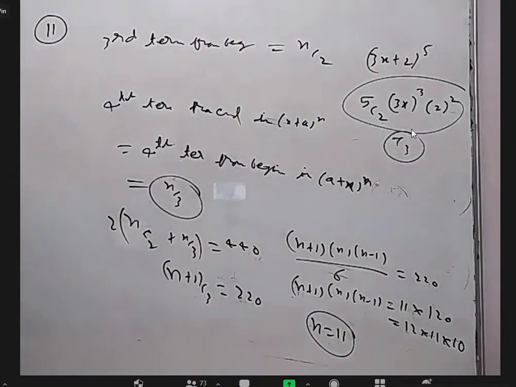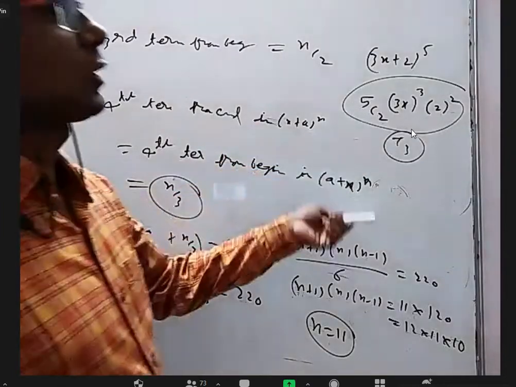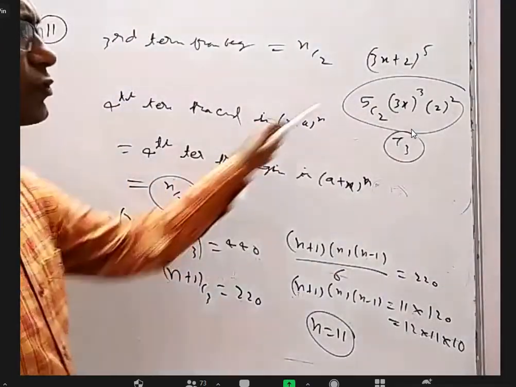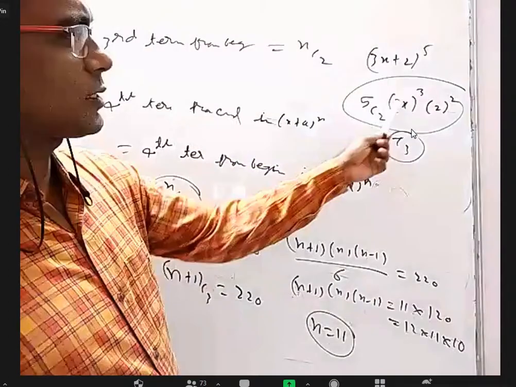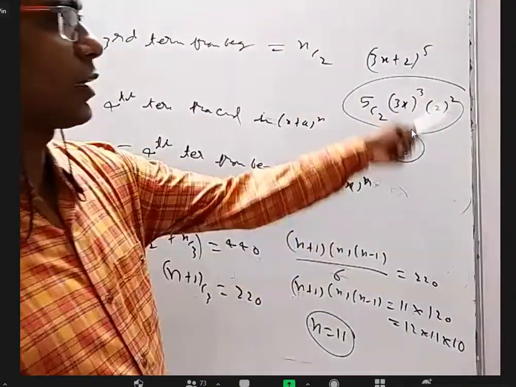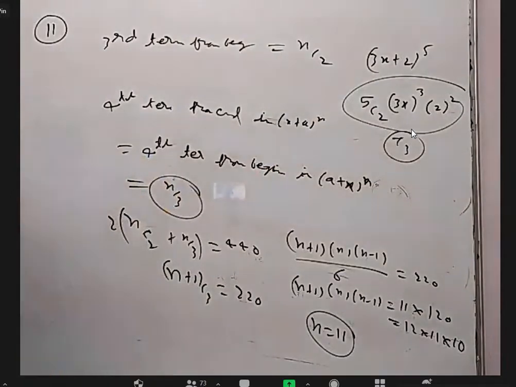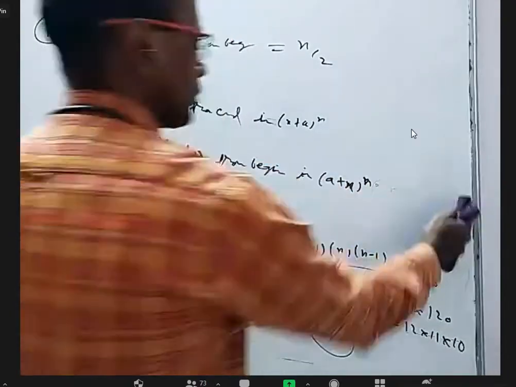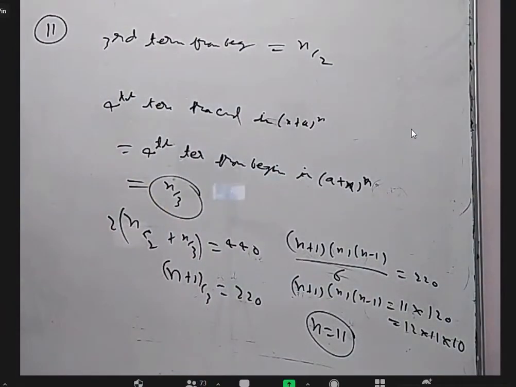Okay, so there are 3 things. They can ask the term, they can ask the coefficient of the term, or they can ask the binomial coefficient in that. Binomial coefficient means only this. Coefficient means this and other numbers included. And the term means including x and y or anything such. So you have to notice this: is it the term, the binomial coefficient, or just the coefficient? Okay, everybody clear? 11th question.